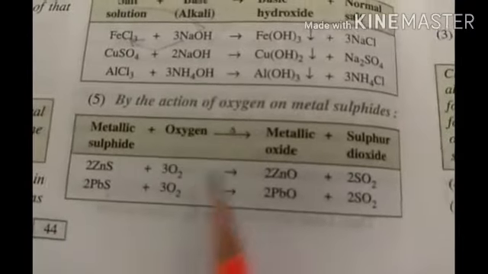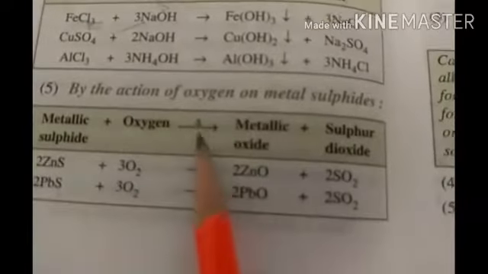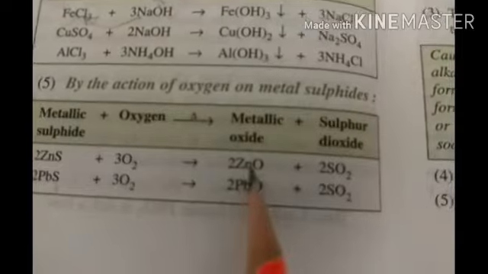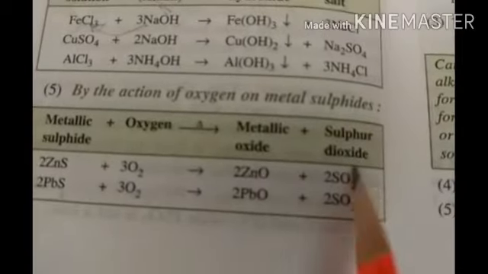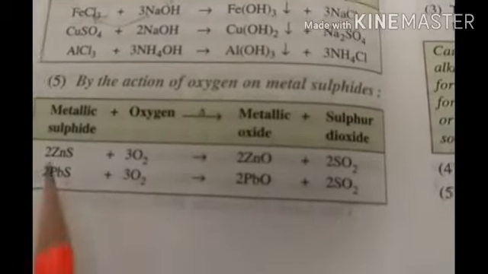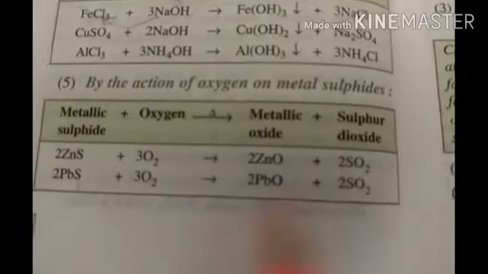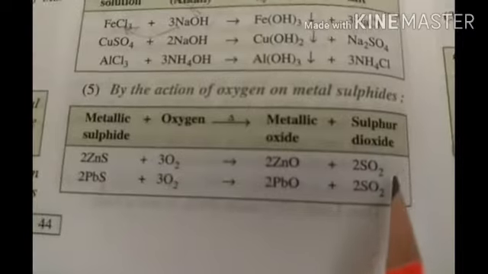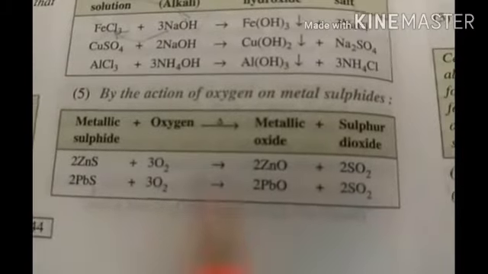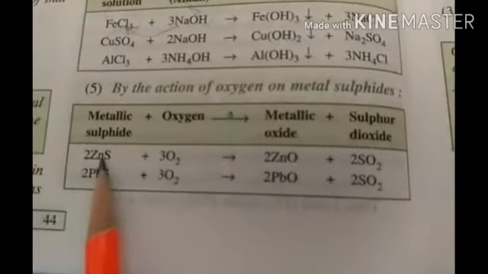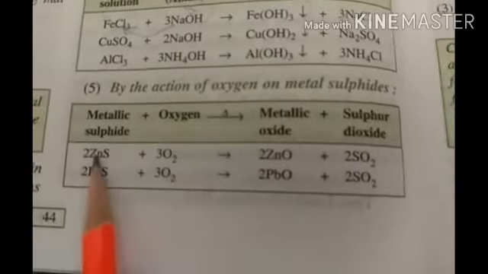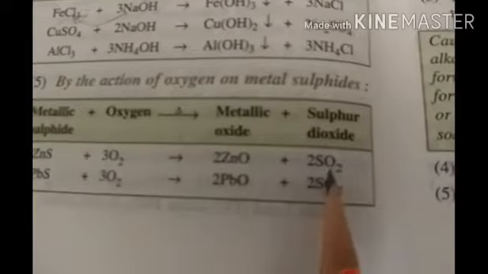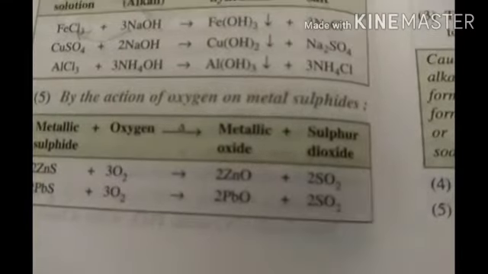So when they react with oxygen, that is after heating, they will give you zinc oxide, that means metallic oxide, zinc oxide or lead oxide, and again sulfur dioxide will be produced. So they will ask you what is the complete balanced reaction between oxygen and zinc sulfide. This is the complete balanced reaction. Now they will ask you what will be the observation when oxygen reacts with zinc sulfide or heated with zinc sulfide. So you know SO2, and you know how this sulfur dioxide gas is identified.